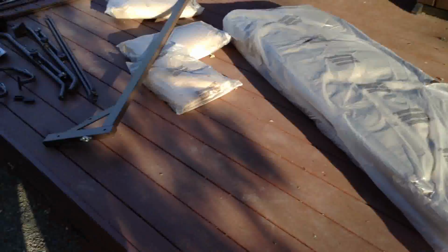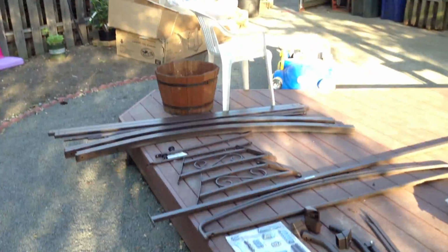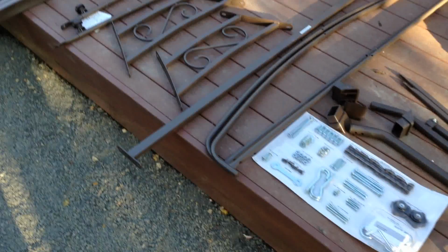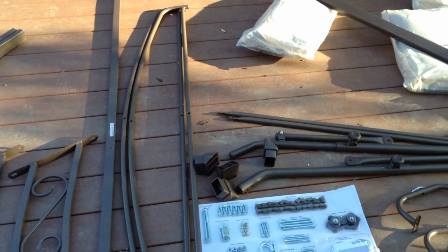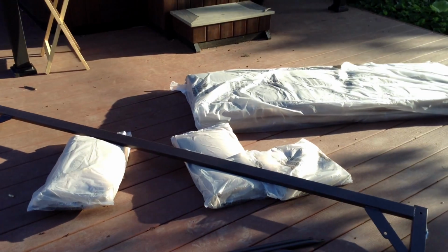Roughly 10-15 minutes to get it unpacked. We separate out the cardboard, put that in a recycle pile. There's a fair amount of plastic to protect the powder coating when it's new. Now, as far as the cushions go,